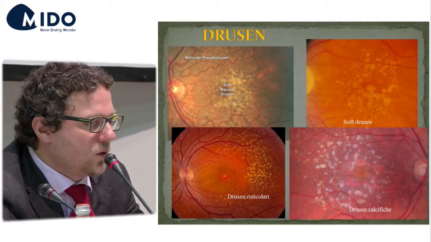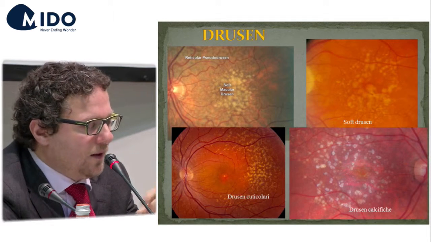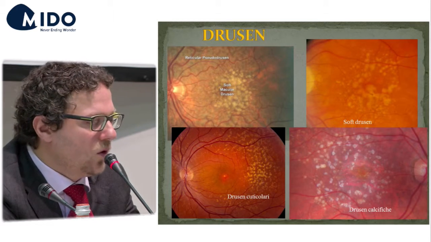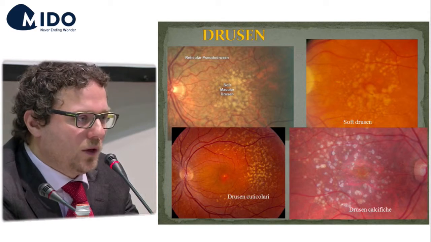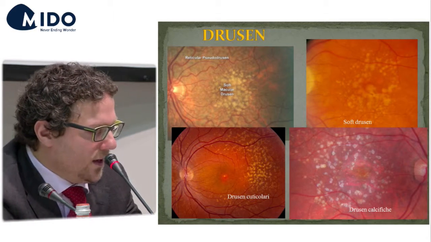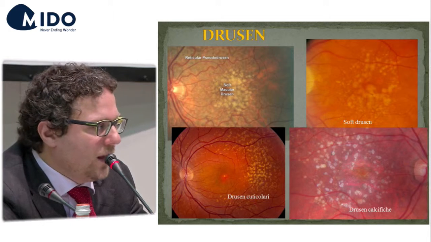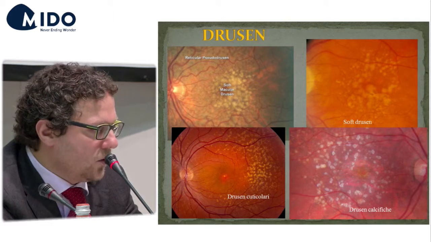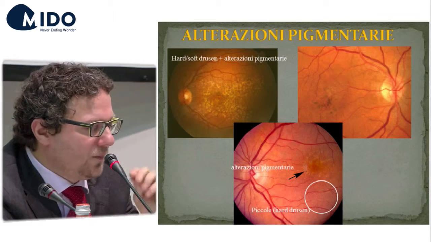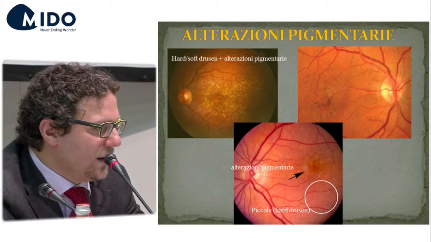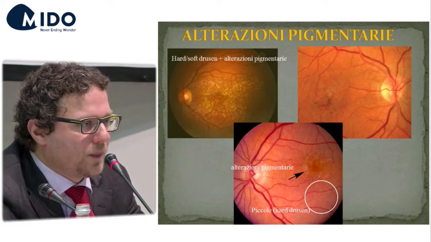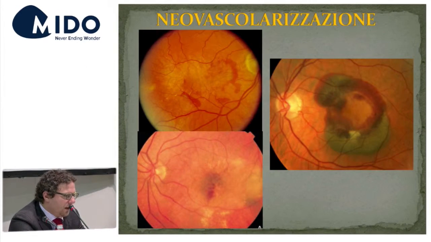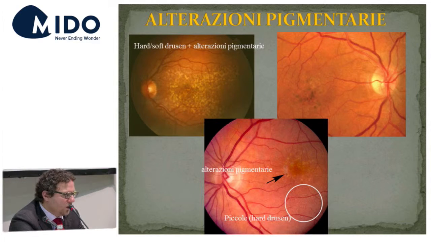Those that are more prone to risk are so-called soft macular drusen. It's accumulation of lipidic material just below the retina, and they seem to be snowflakes. And then you have other types of drusen that are not so prone to evolve to a neovascular condition. And in black, you see areas that need to be followed up in the course of time in a darker color,